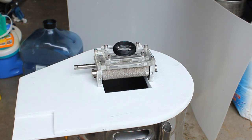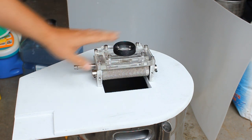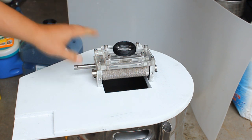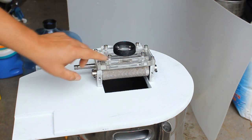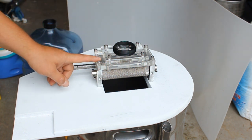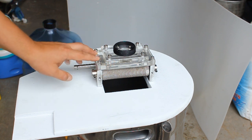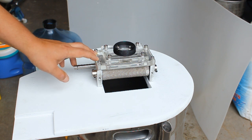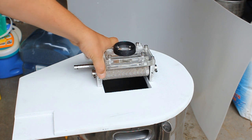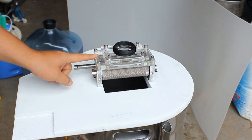The other thing was the hopper. I had a piece of 2x4 on my previous design that just sat across here because I really just wanted to hurry up and start milling grain. But I put more thought into it this time. I had some thick polycarbonate sheet that I used from some previous projects. So this is a piece of 3/4 and this is a piece of 1/2 inch. It's sort of irrelevant, but you're going to have to use something pretty thick to withstand the torque and everything that occurs here. I thought it was just pretty cool to be able to watch the grain being milled,